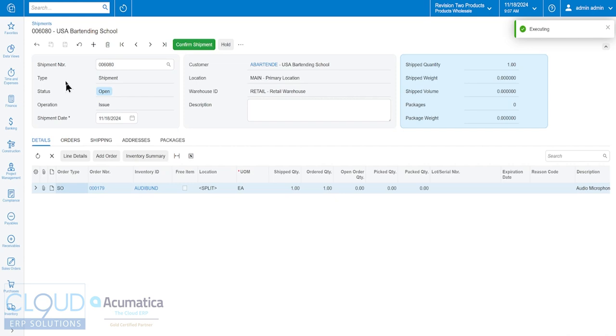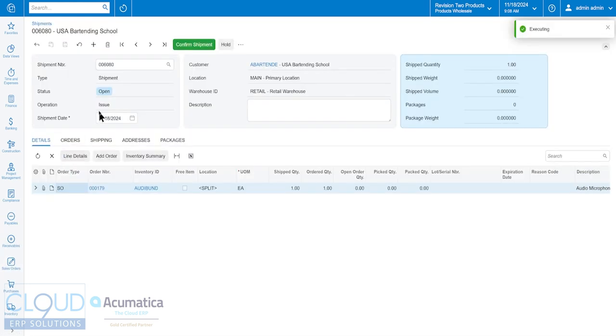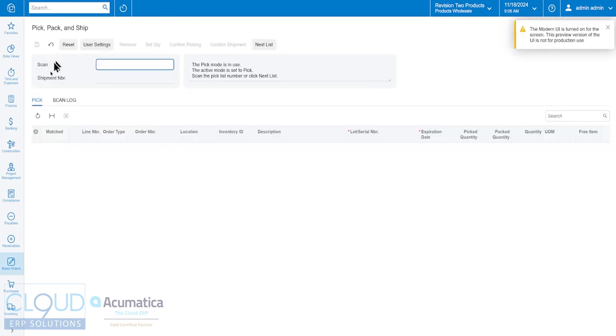Additionally, if you're using our advanced warehouse management system, and maybe you're using mobile devices and you're doing paperless picking, or you're just using the screen in Acumatica. So if I go over to sales orders and I use the pick, pack, and ship screen, and normally I'd use a scanner, but I don't have a scanner, I'll just copy the shipment number into my clipboard. If I go over to this screen and I paste the shipment,